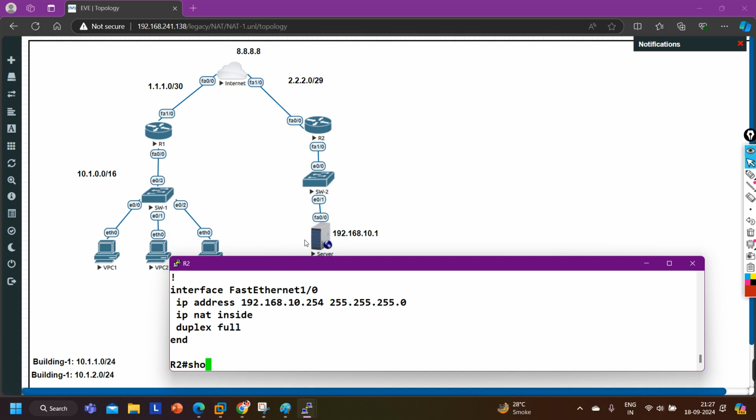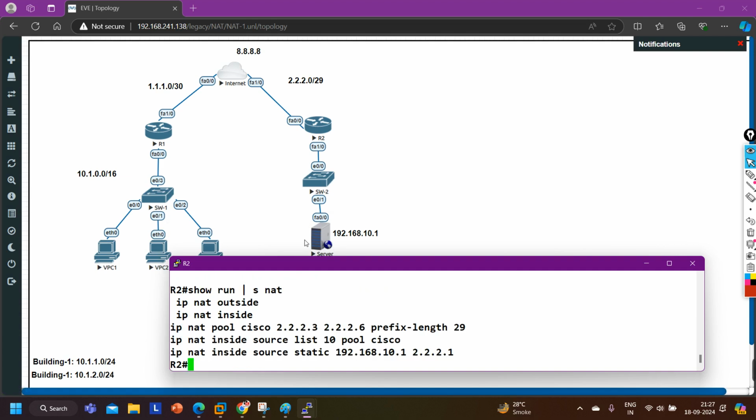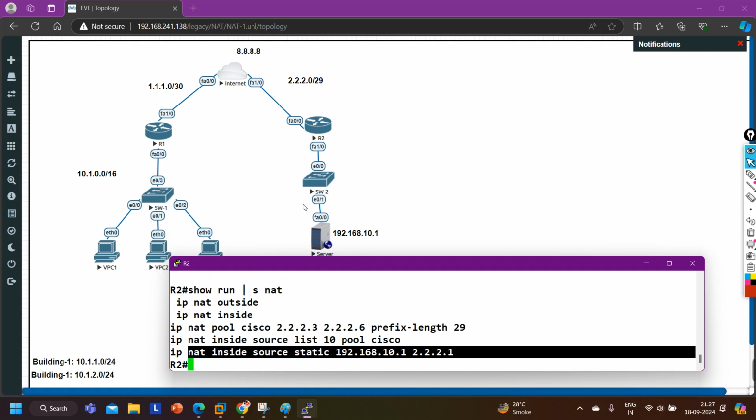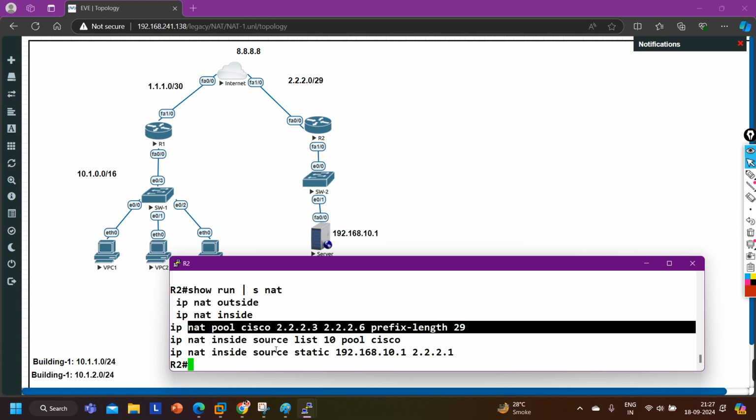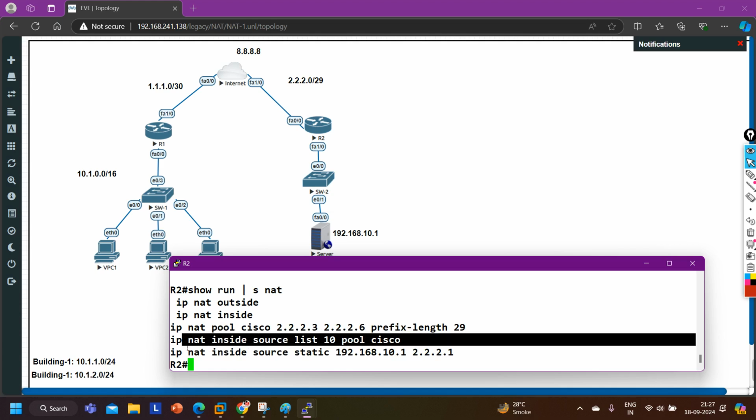So yes, two NAT rules are running here. Run show run section NAT. Done, guys. This NAT is for this server, so that outside users can access my server. And this NAT rule